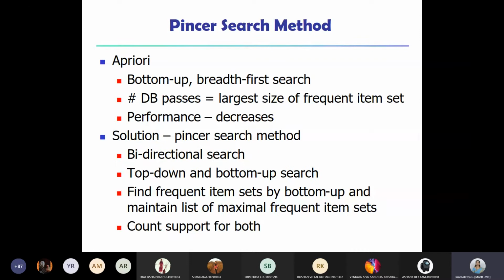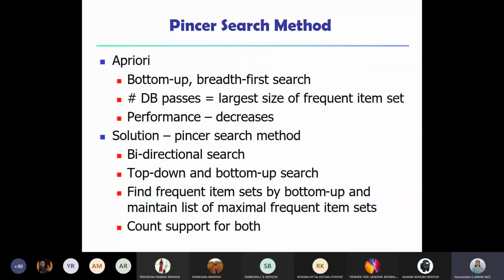And then we discussed in the last class the partitioning algorithm. It is nothing but applying apriori on different partitions of the database if the database is very large. There was no improvement in the algorithm as such. It was just the application of apriori whenever the database is very huge and cannot fit into the memory. Now, this pincer search is, you can say, an improvement over the apriori algorithm. How can it be a solution for the problems that we have seen in apriori?